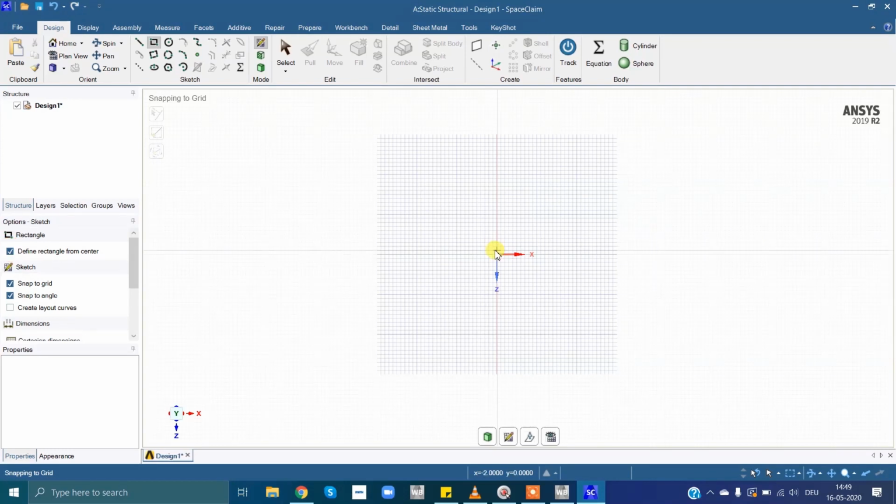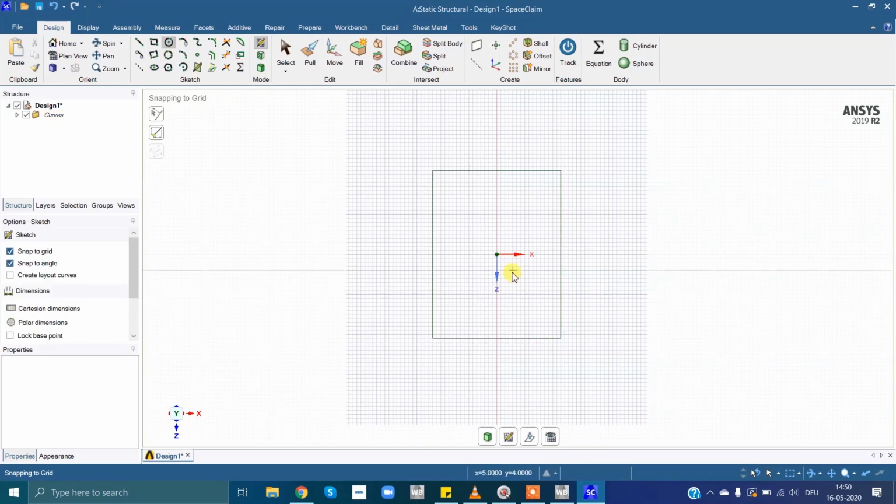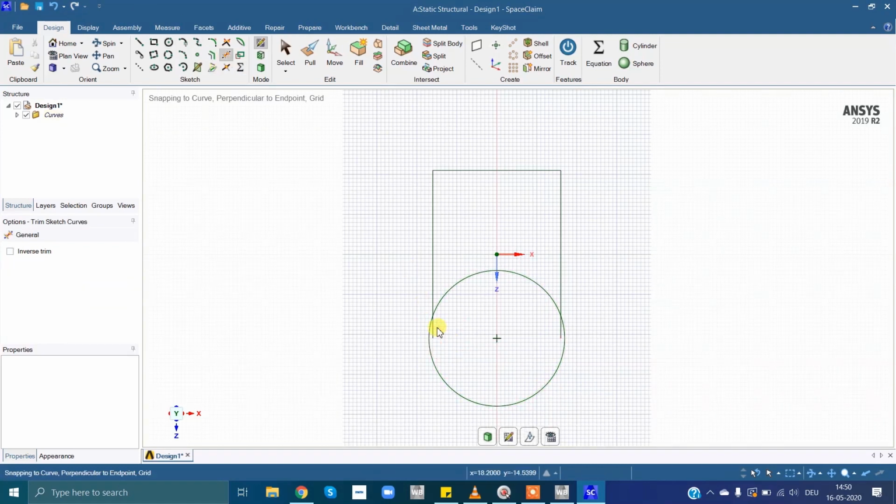I'll draw it from center. Okay, then I'll draw one circle from here. Okay, I'll keep this. Now I'll trim this extra.